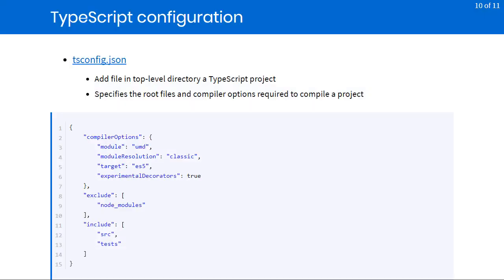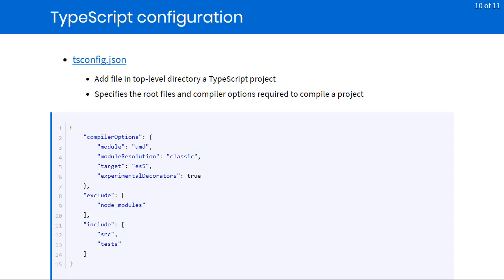The next step for setting up your TypeScript project is to create a file called the tsconfig.json file. There are a lot of commands that you can pass into the TypeScript compiler. Well, if you're passing in those same command options every single time, the tsconfig file allows you to centralize those. So all you have to do is run the compiler and it will read this configuration file and generate your JavaScript files according to those rules.